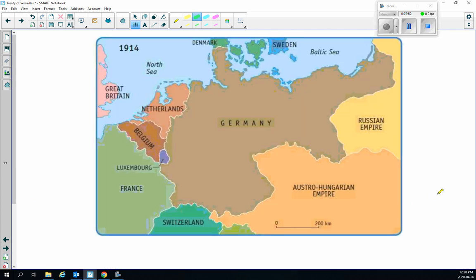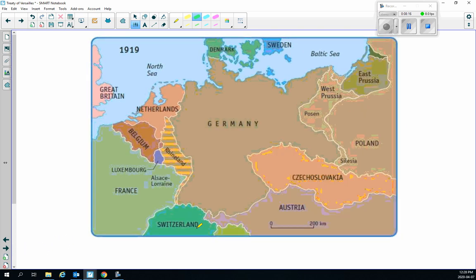Here are those maps I was talking about. So there's Germany on the eve of World War One. Substantial empire. You've got a German empire, Kaiser Wilhelm II, Austria-Hungarian Empire, there's a Russian Empire, and down here there's actually going to be the Turkish Ottoman Empire. So that's the eve of World War One.